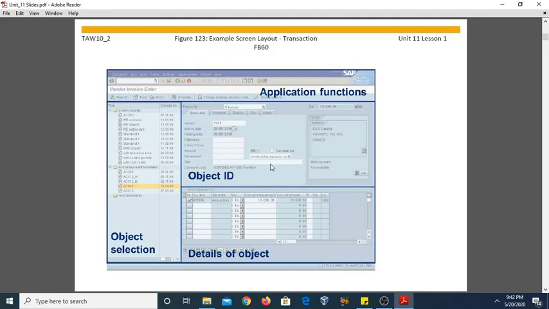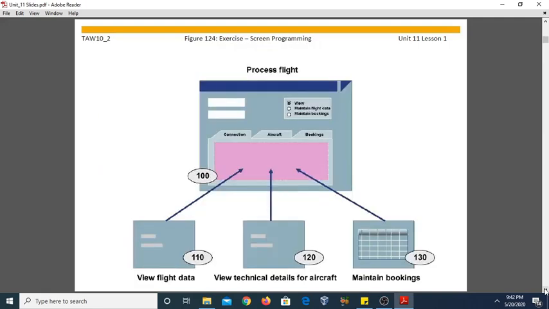If you want to see the properties and details of the object, just double click on it, and it will show you the detail of the object screen. So here we can say that this is a single transaction in which the three screens are placed. So this was the example of a screen layout of the transaction FB60. Come to the next topic.